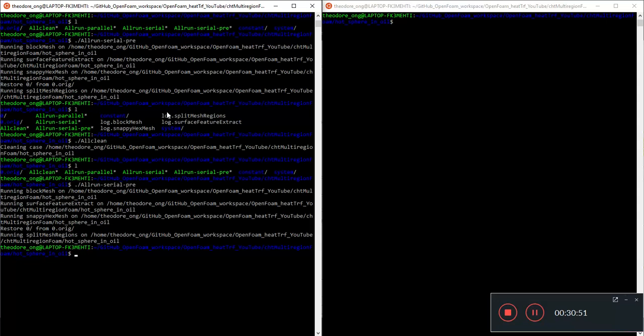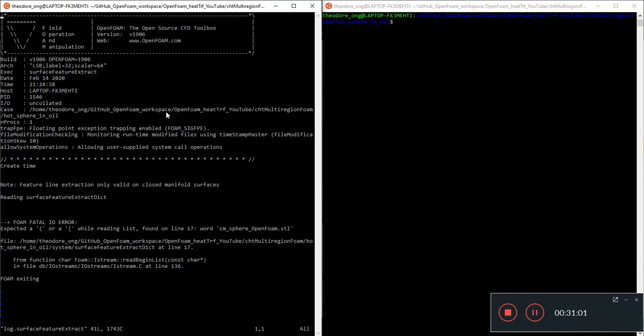So vi surface feature extract, log.surface feature extract. Oh, on the word cm sphere.stl. Okay, I think I know what the problem is. So when I put 3cm sphere.stl, it looks like